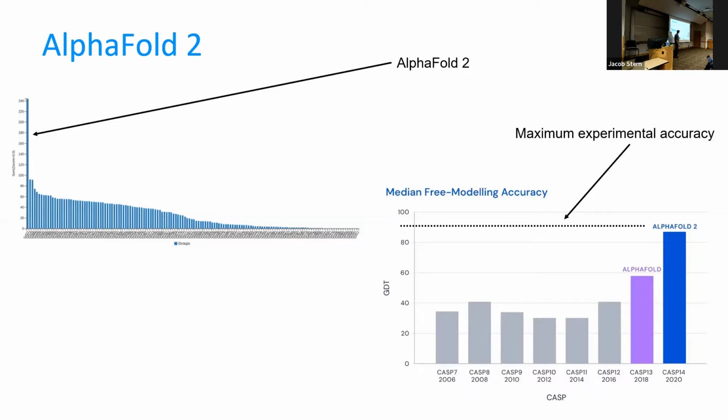Even experimentally determined protein structures get up to about 90 GDT of accuracy. And this is over time, how groups have performed at different CASP competitions. This was AlphaFold 1, and that's AlphaFold 2. So basically, AlphaFold 2 predicts protein structure as well as experimentalists can determine protein structure